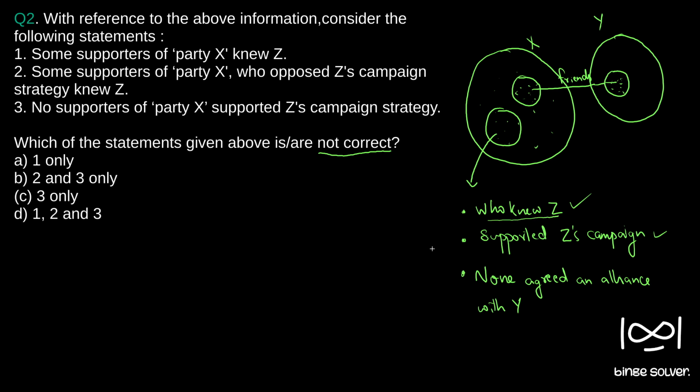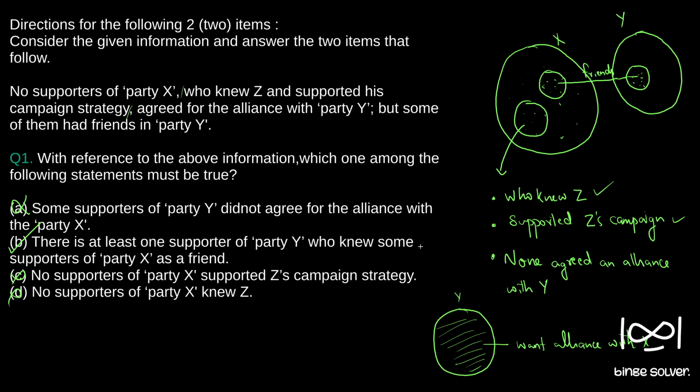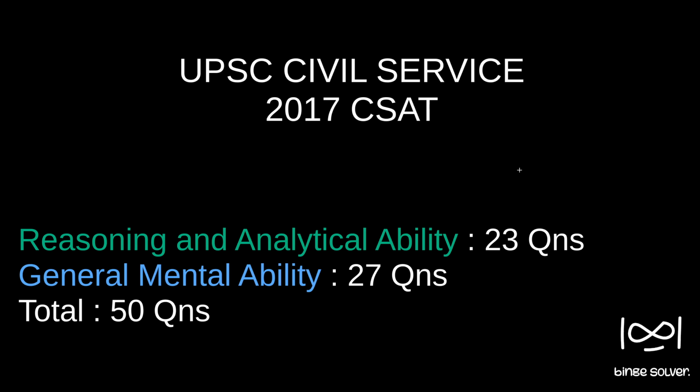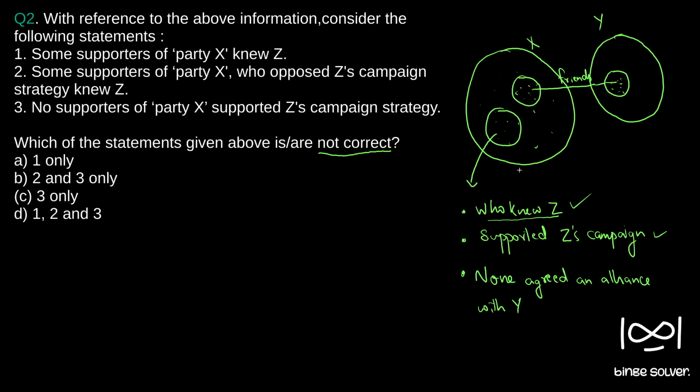So that is a correct statement. As I said earlier, one could argue that from the given information, no supporters of party X who knew Z and supported his campaign strategy agreed for alliance with party Y. One cannot assume that there are people in this group. That is, if there are people in this group, none agreed on the alliance with Y is the information given. One could argue that it does not necessarily mean there are people in this group who knew Z. One could argue, but as you can see, in this question, the official answer given is in